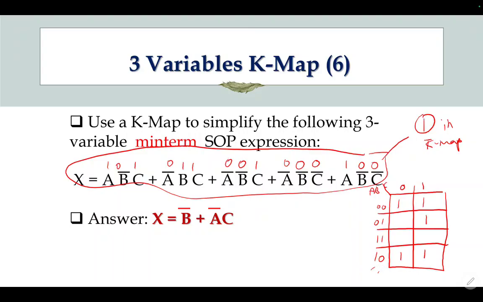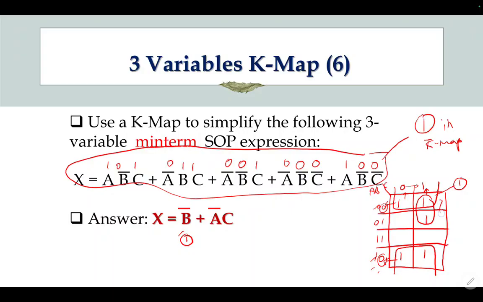Right, so you can do simplify between this one and this one, and then you can do a grouping here. Okay, so for the group number 1, so you compare here and 2 on the top. So A change state from 0 to 1, you don't read A. B is 0, 0, so you got B bar. C change state from 0 to 1, don't read C. So for equation 1, you got B bar.